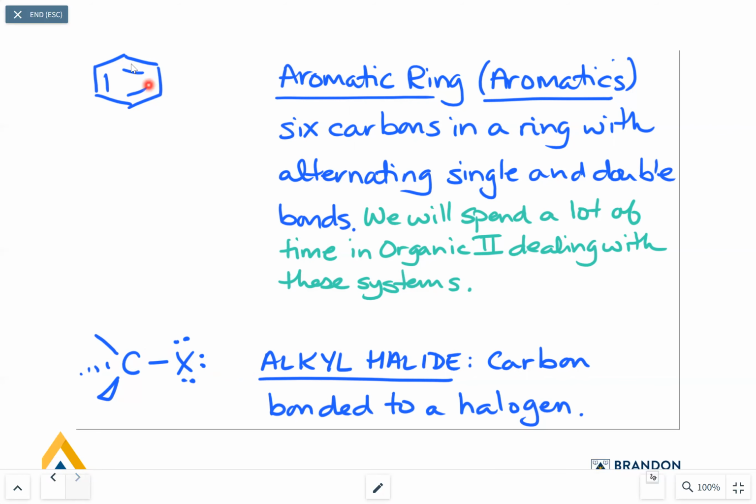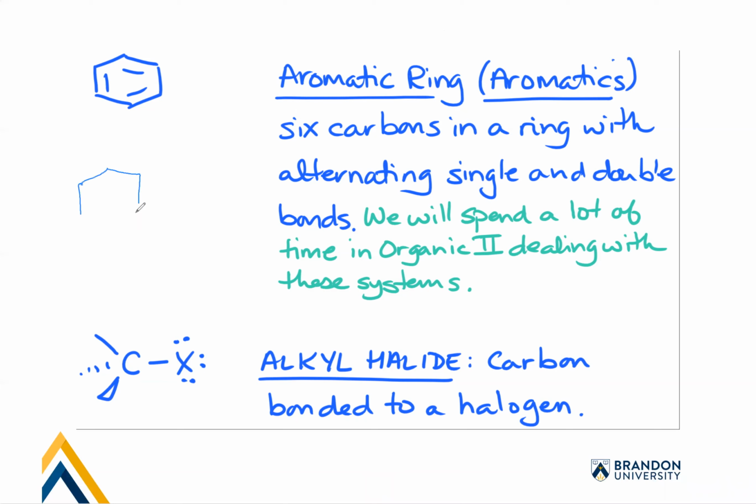Oh, and when you've got an aromatic ring and it's got a hydroxyl group on it, that's a special type of alcohol, which is called a phenol. So let me see if I can draw something. So this little fragment, so it's an aromatic. If this fragment is bonded to something, it's been given a name like a phenyl group. So if it's bonded to an OH,